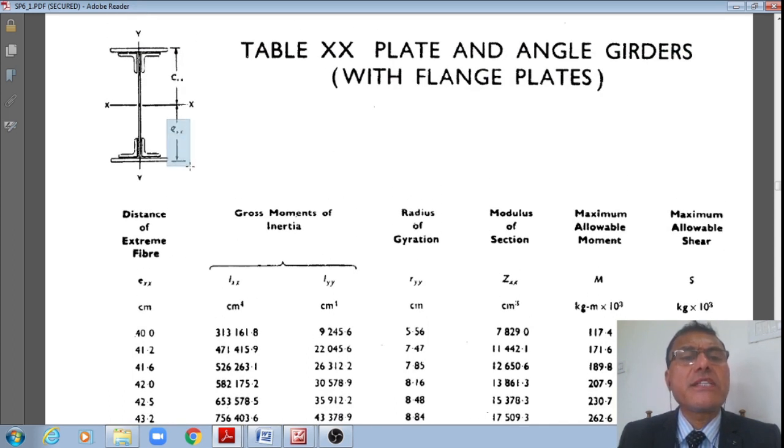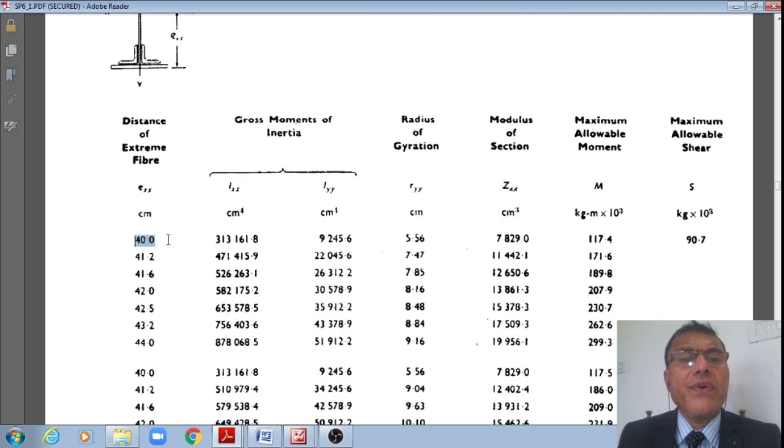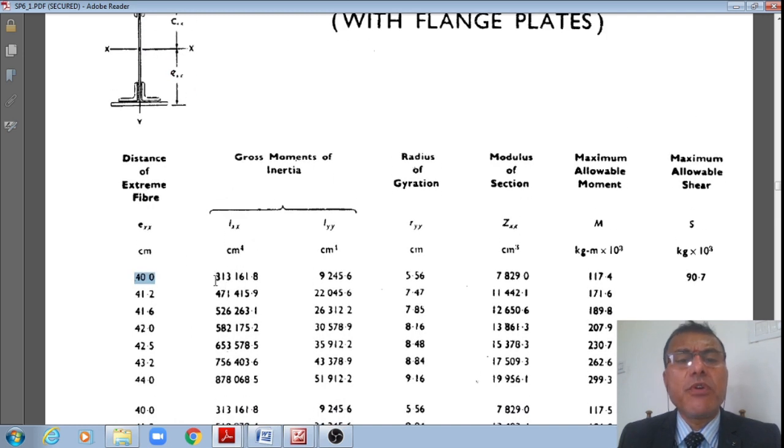This is what EXX, notated by EXS, is 40 centimeter, and the gross moment of inertia about the major axis of bending is equal to 313,161.8, and about the minor axis of bending 9245.6 centimeter to the power 4, and the radius of gyration about the minor axis or weak axis is equal to 5.56 centimeter. The section modulus about the major axis of bending ZXX is 7829 centimeter cube, and the maximum allowable moment is equal to 117.4